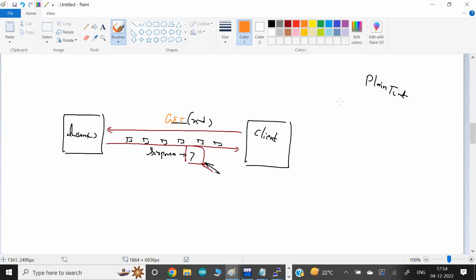So guys, a lot of types are available in the market. Those are called JSON type or XML type. What are those? We'll see in some time. We'll talk about this point. But plain text is very, very logical, so let me use this. The point is, this function is going to respond, let's say, 7. So how will you respond 7? In which type? Or this text will go in which type?